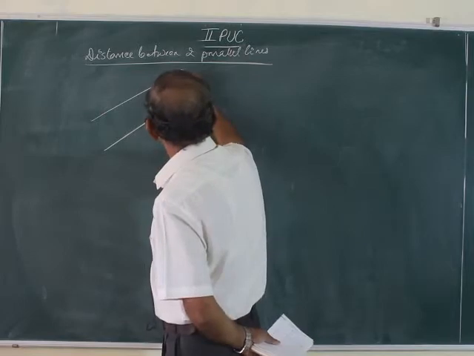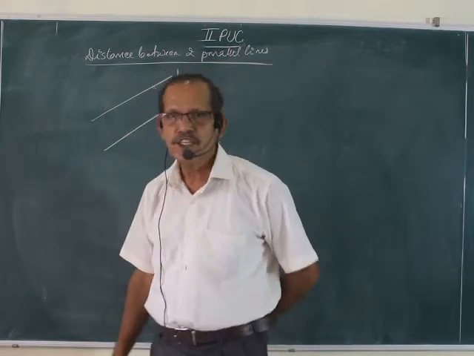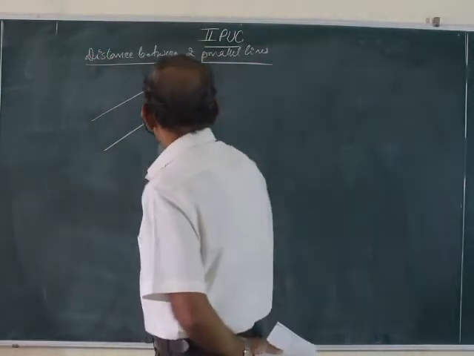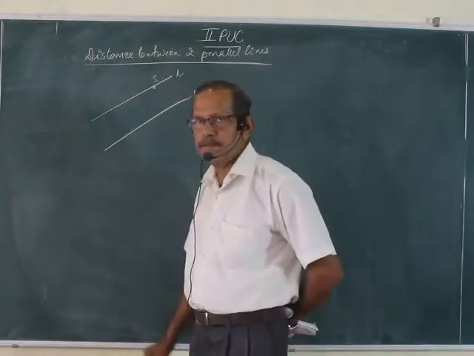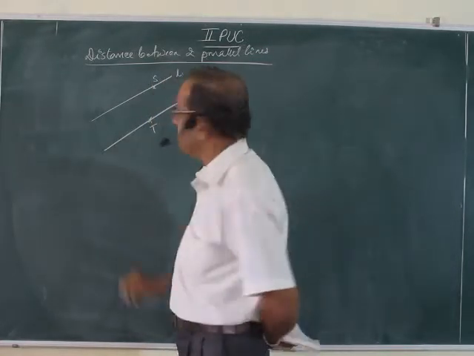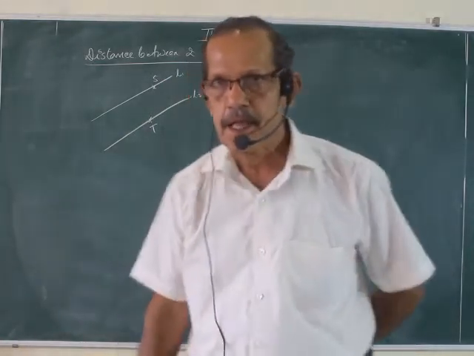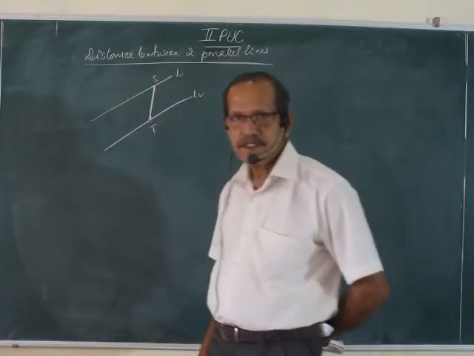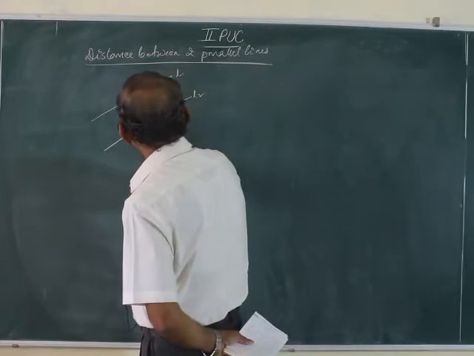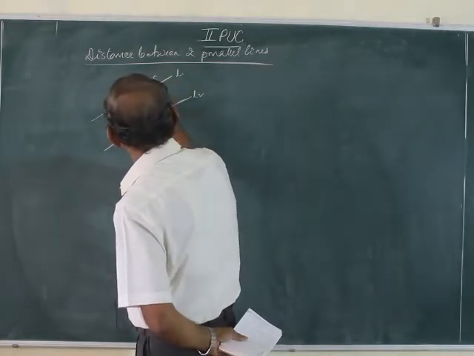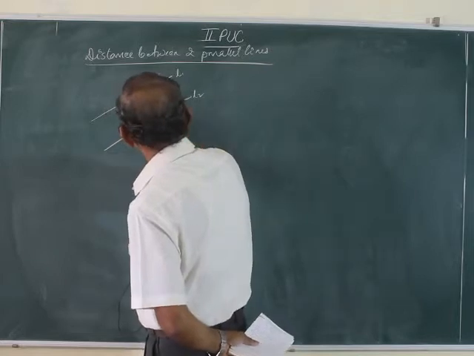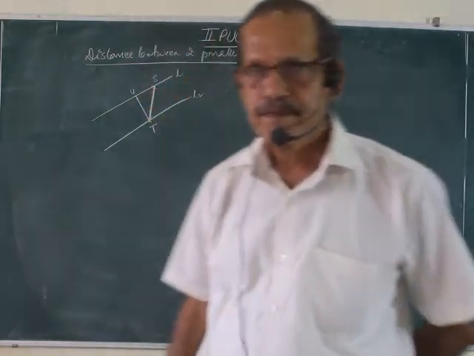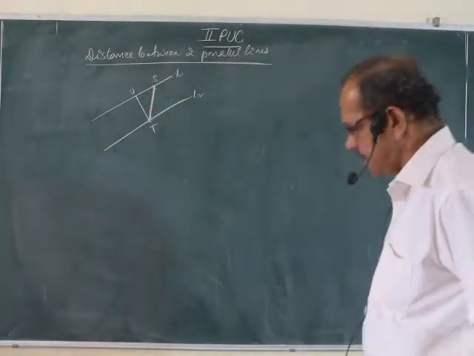Let this be the equation L1, L2. There are two straight lines. They are parallel in a three-dimensional space. Let S be any point in the first straight line, and T be another point, any point, in the second straight line. S and T are joined. Now, just see here, the perpendicular drawn from this point, let me call it U. TU is the distance between the parallel lines.